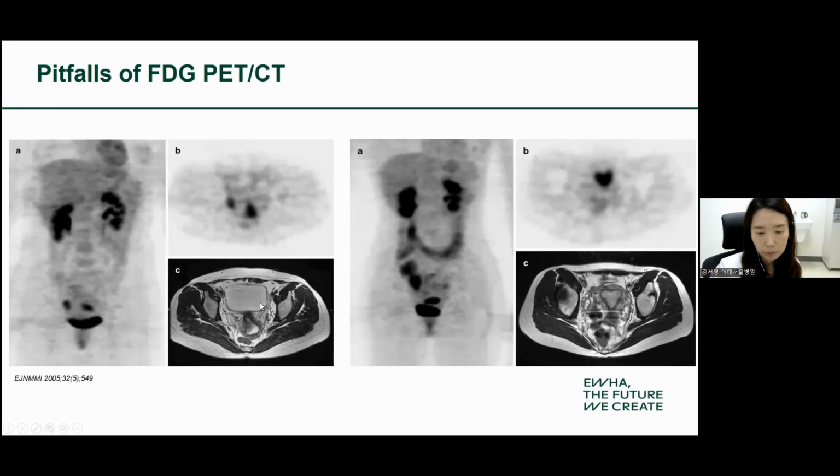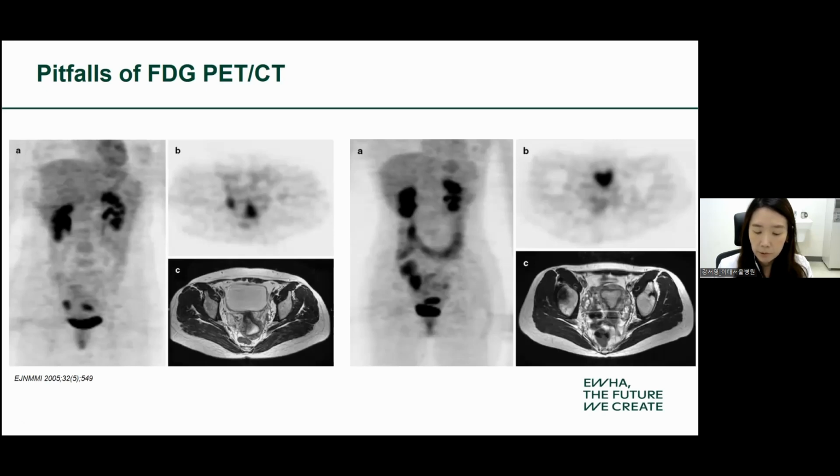So two focal hypermetabolic lesions are demonstrated in the pelvic cavity. The MR images at the same level reveal that the focal uptake corresponds to the right ovary and endometrium of a retroverted uterus. And the other case,